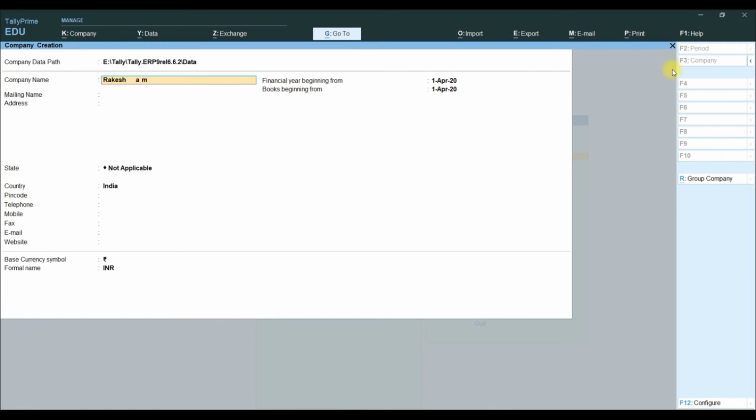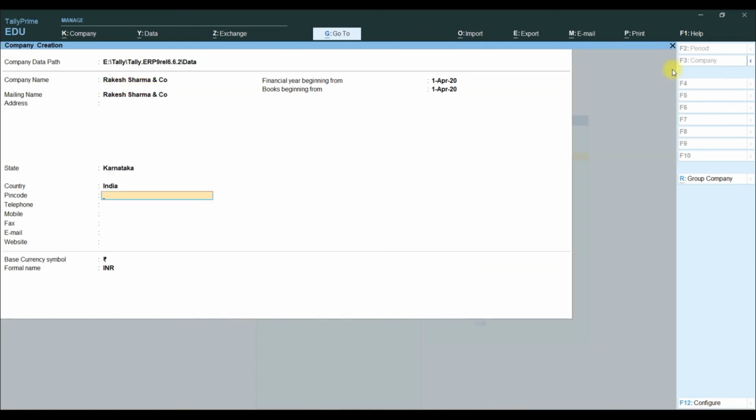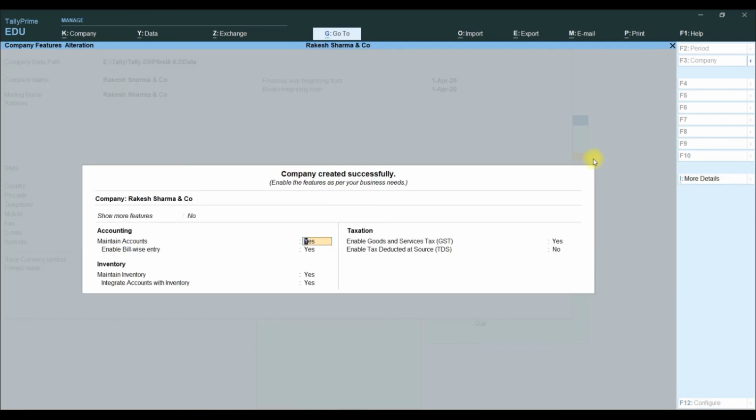While creating the company, only the basic information is there. In case you want to use Tally Vault or security control features, at that time you need to go for F12 configuration in the company creation screen itself. Similarly, if you want to create a group company, on the right hand side button bar, the group company option is there. By clicking on that option, you can create the group company. The shortcut key for group company is Alt R.